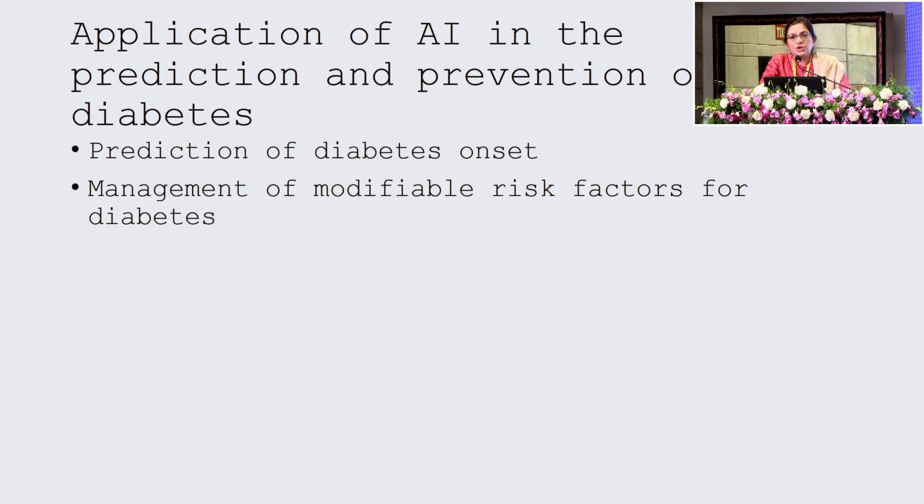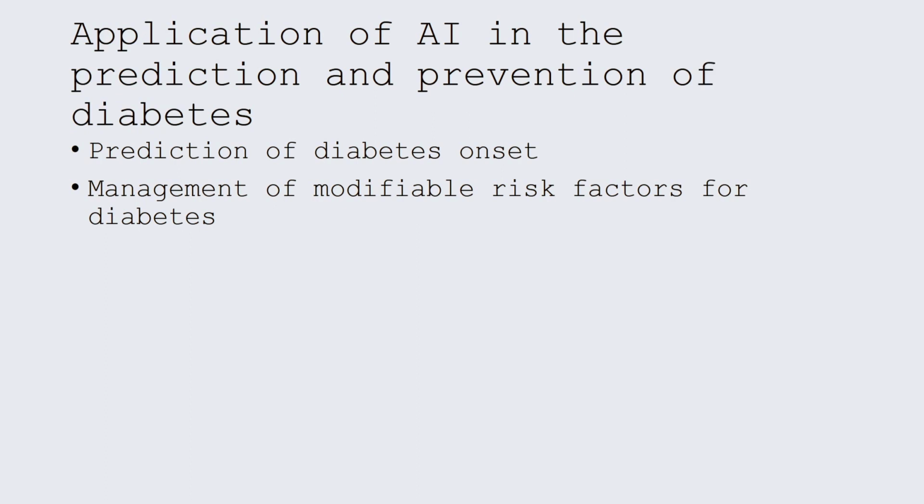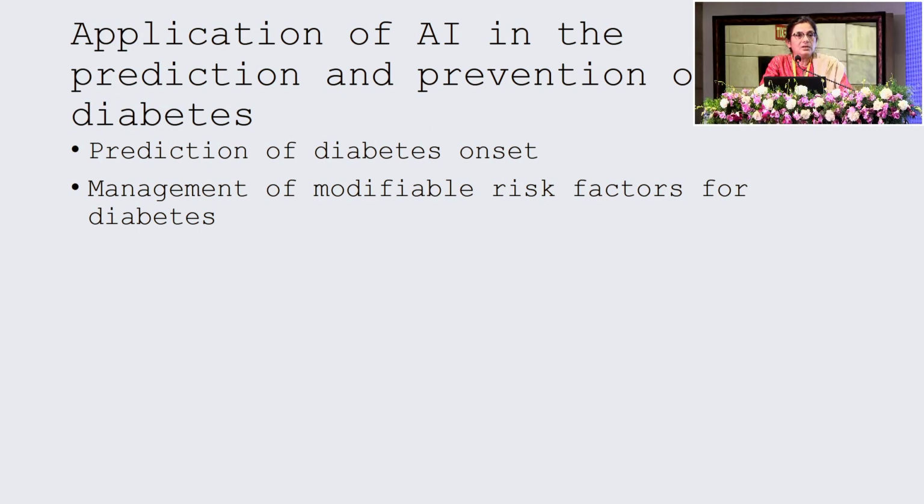So traditionally, we looked at a few factors, and then we did multiple logistic regression analysis or other statistical manipulations to then see which factors maybe give us the highest yield. But then we were left with maybe a handful of factors, most of them again centered around blood glucose measurement